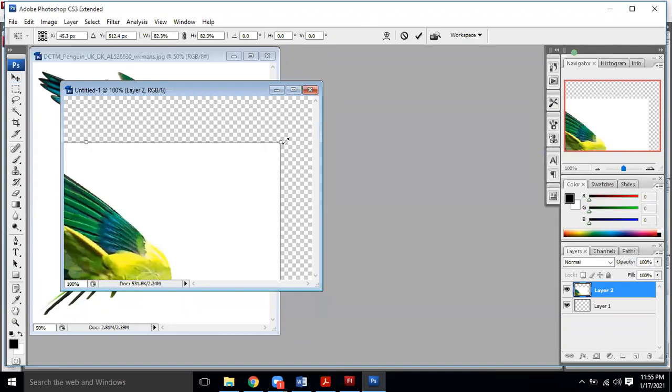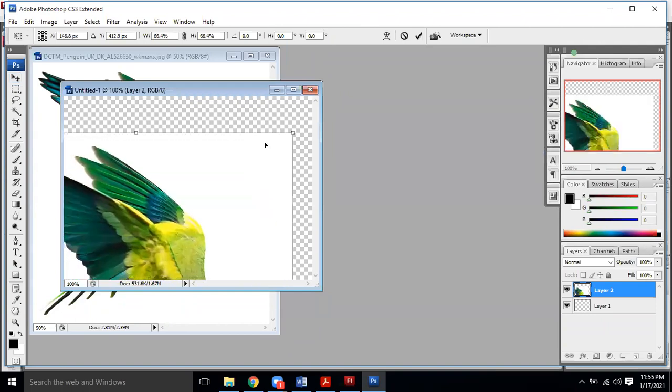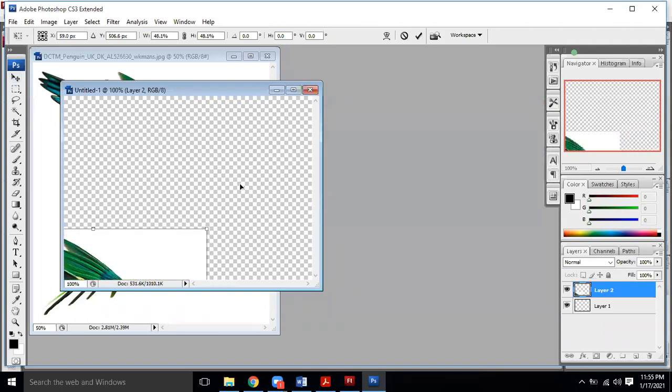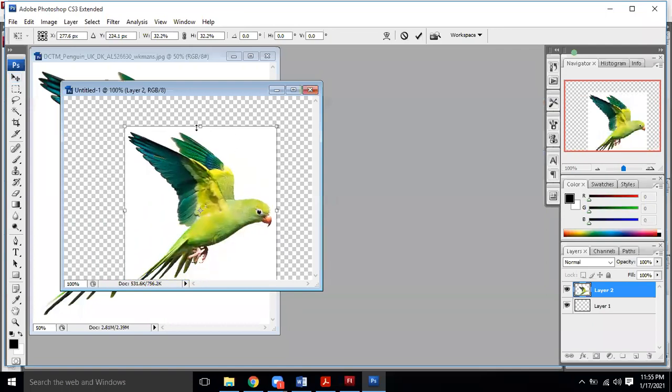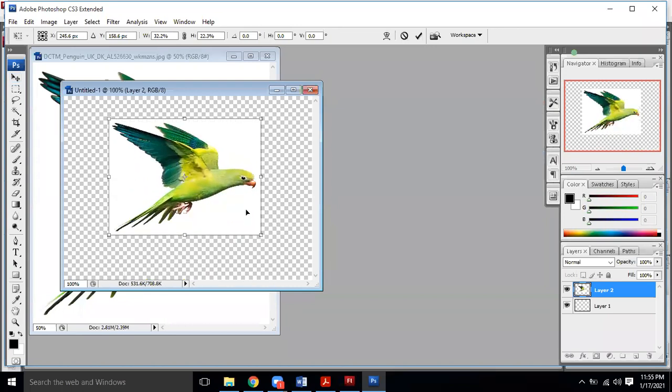Okay, in order to save time, since I could not find any image of a bird without a background, all the images are having backgrounds. So I thought I should take such an image and delete the background.